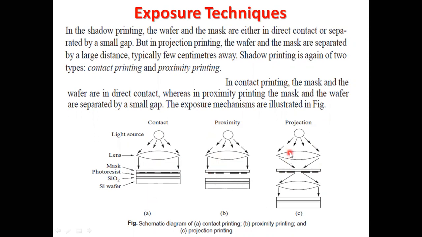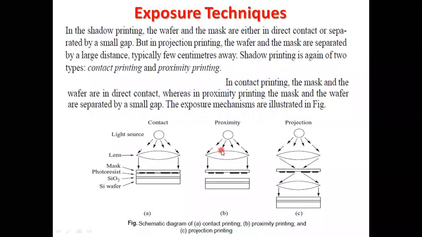And in case of projection, the light is projected here in the lens, and then the light is being projected in the mask. Again in the mask, and there is again a lens here, and the light from the mask is being projected in the lens, and from the lens we are getting the light here. There is a certain distance between each of them, in the range of a few centimeters. So I hope this is clear to all of you with the diagrams.